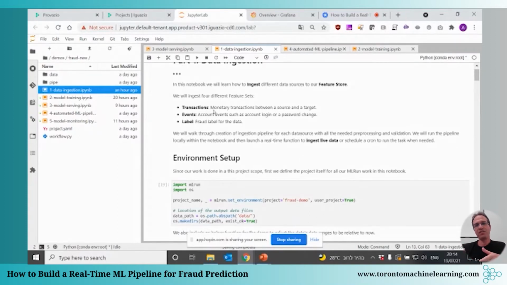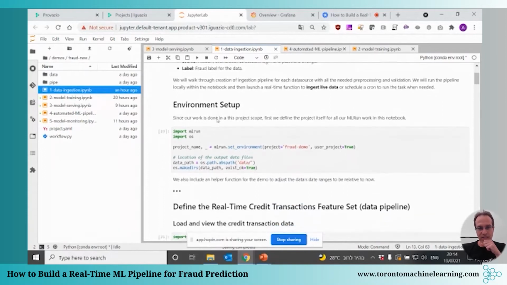Then we have another feature set, which represents the events that are happening. Events could be a password change or last login, things along those lines. Those are feature sets that we're going to create based on CSV and then convert into something that can be deployed in production, and actually change the source in a way that it can listen to a streaming engine. Then the third feature set is the label feature set. This is more like an offline feature set that is used only for the training, so we don't need that for the online inference. I'm going to show you how you can create that just for the training part.